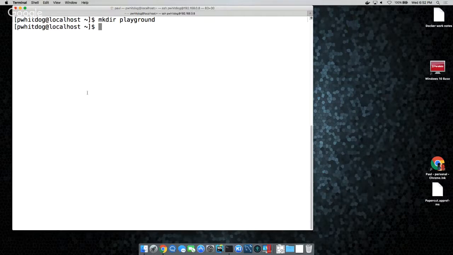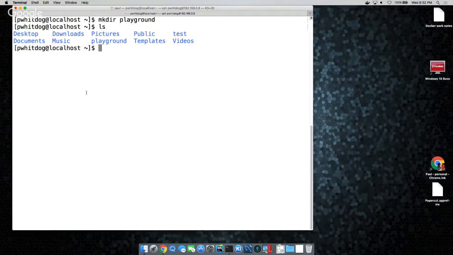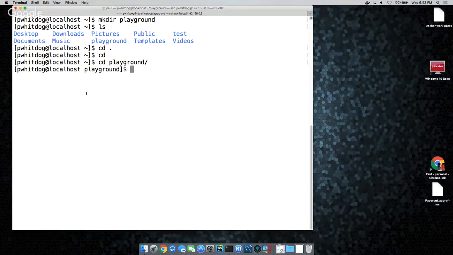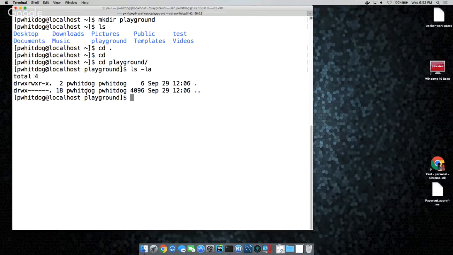So now if you ls, we would see that there's a directory called playground. This is interesting: at the beginning of the playground exercise, he says to do a CD with nothing after it, so he forces you back to your home directory. That's what we talked about, CD takes you back. Now we're going to CD into playground. There's nothing in playground. If you were to ls, you'd get nothing, because we just made it. It's empty, with two hidden files, dot and dot dot, the current directory and the parent. And then he wants to create two directories underneath playground.